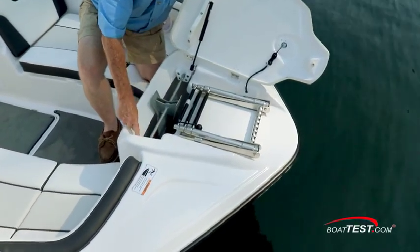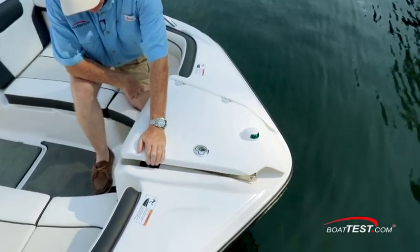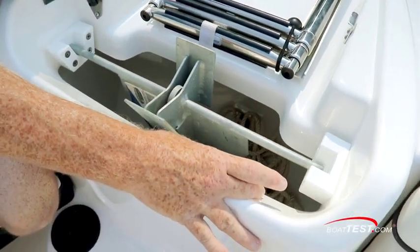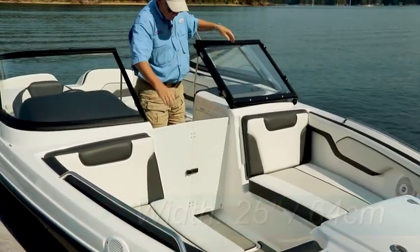I noticed that there were no anchor keepers to hold the anchor in place, but this shaped bracket under the hatch cover does the job of holding the anchor down when the hatch is closed. A cleat either here or here would be nice to secure the rode instead of using the pull-up cleat to the side. The walkthrough to the cockpit can be closed off with the closable windshield and a lower air dam